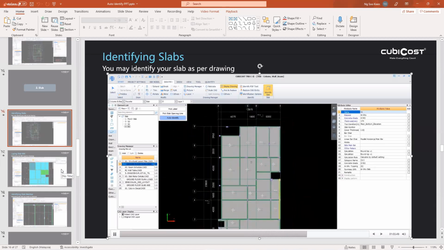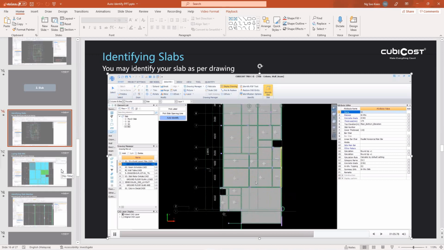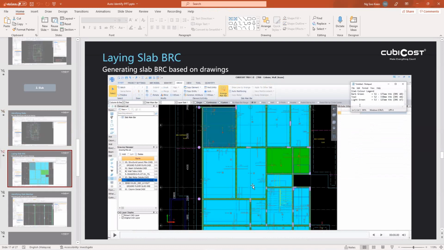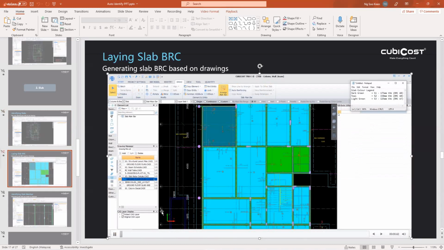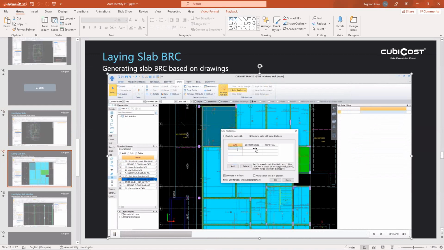So all the slab entity will be automatically drawn if you use auto identify. And then after that, the next one is laying VRC, also same thing. Automatic, based on drawing. You can see auto reinforcing, then you can key in all this information like that. So this one is part of another training inside calculation rules. We don't have this. Calculation rule is just solely teach you how to adjust calculation to get the correct data